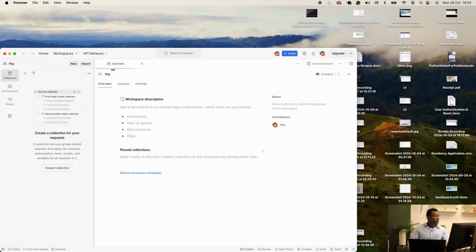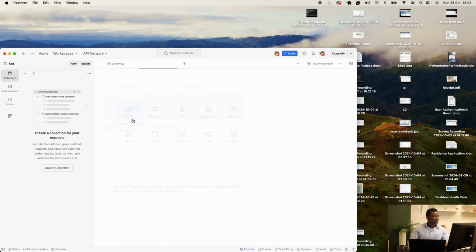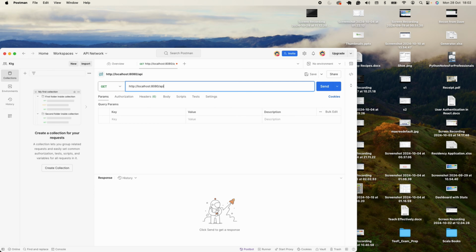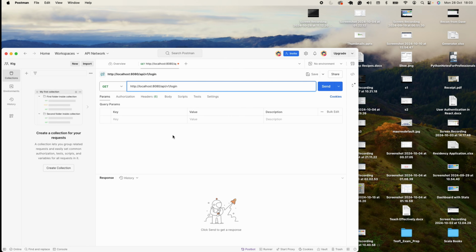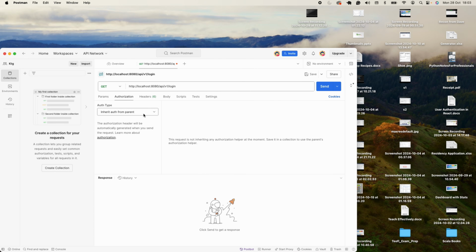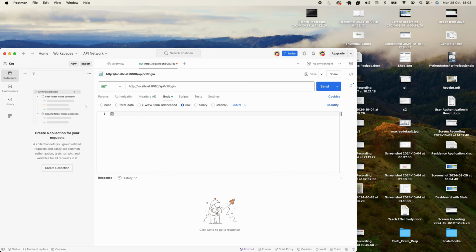Okay, so I'm going to Postman. I'm going to start a new request, HTTP request, going to HTTP localhost, and it's going to be port 8080, and it's going to be /API/v1/login, right? /login. When you specify /login, then you specify the username and the password as the request body. So I'm going to authorization, and I'm going to request body, and here I'm going to say role. We are going to specify the same username and the password. The password is 2424,